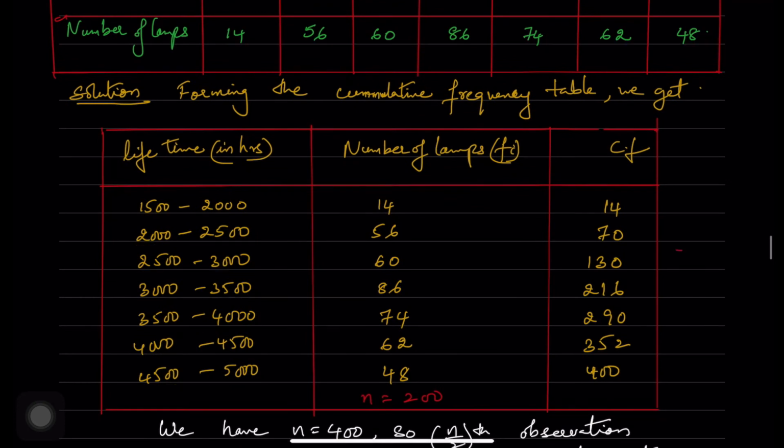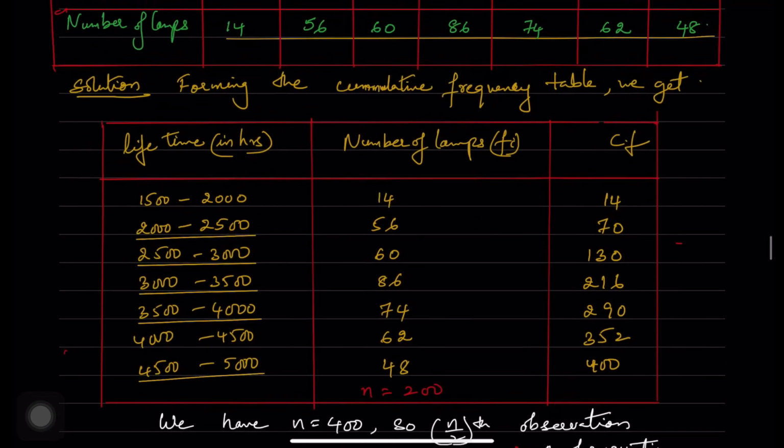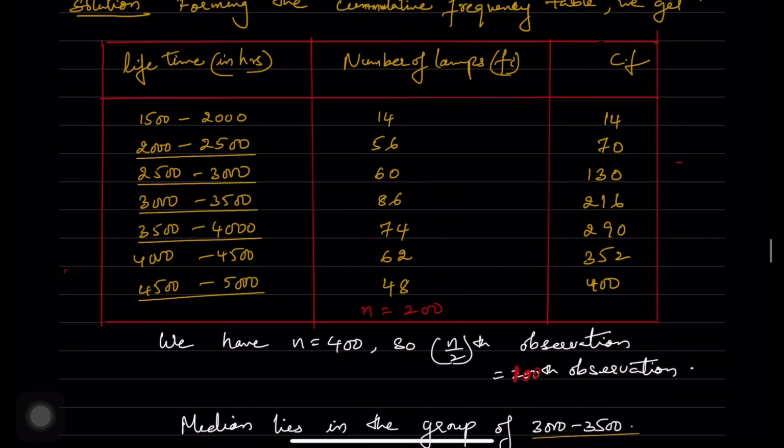So now we are taking the data in this way. We are finding out the cumulative frequency for this. We have to first find out the total of the Fi. Fi is nothing but 400. So now we divide it by 2. After dividing it by 2, you are going to get the 200th observation here. I'm sorry, this is 400, and if this is 400, then half of it is 200, correct.